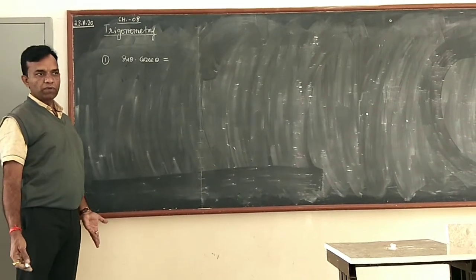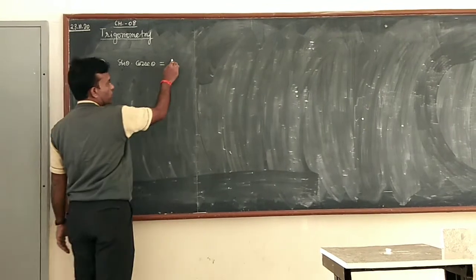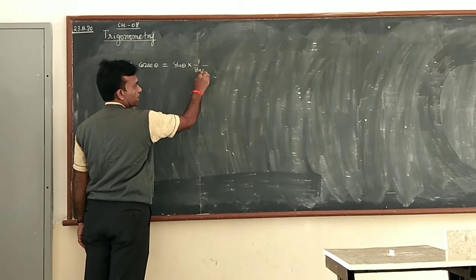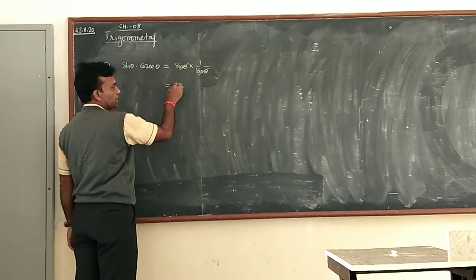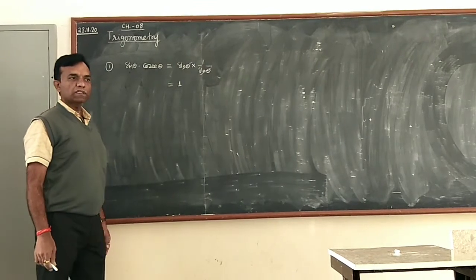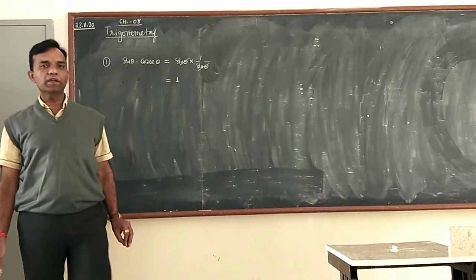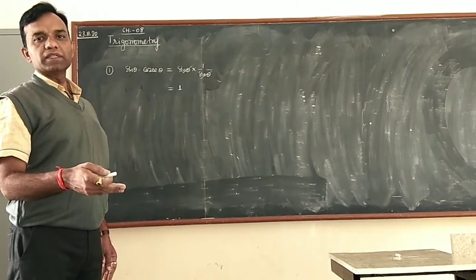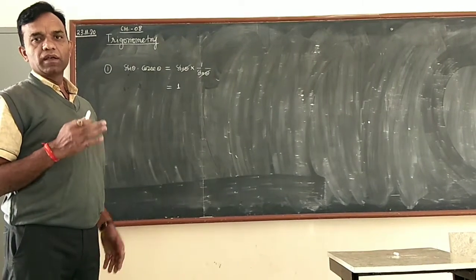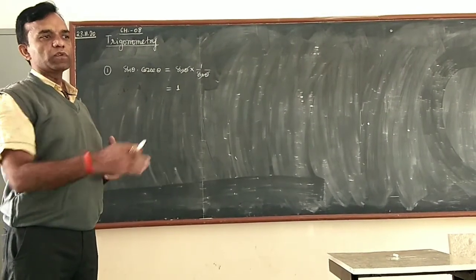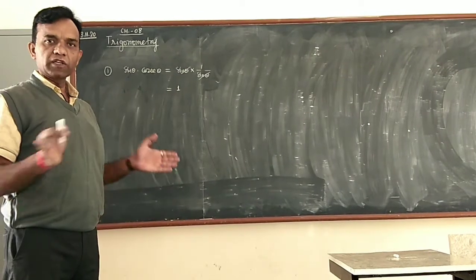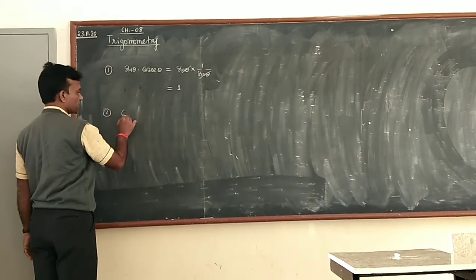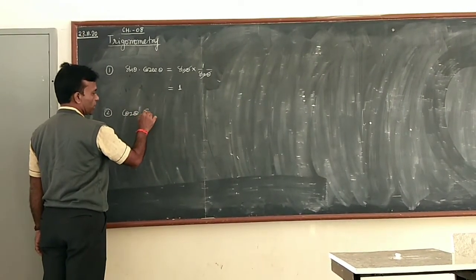The result is 1, obviously, because sin theta stays as it is, and the cosec theta formula is 1 by sin theta, so sin is cancelled out and we have 1. So directly we now know that if trigonometric ratios are found with their opposite term, like sin's opposite is cosec, cos's opposite is sec, tan's opposite is cot, and they are together, then the result is always 1. Two more results we write down here: cos theta into sec theta. What is the result of cos theta into sec theta?